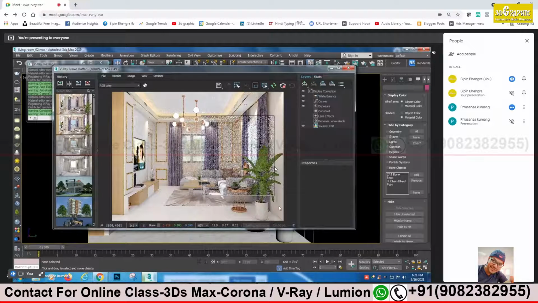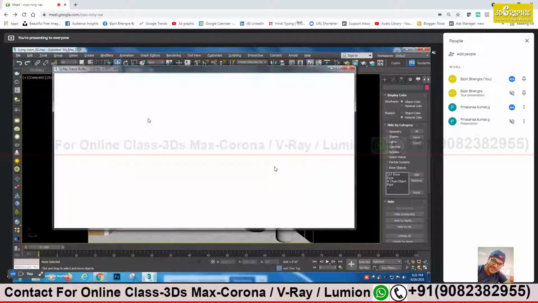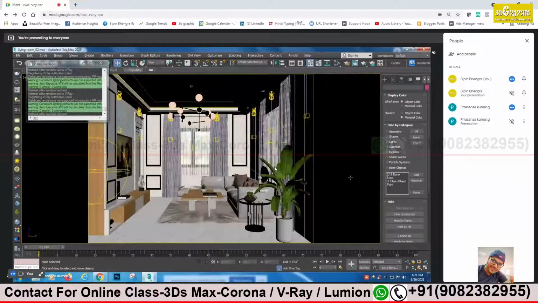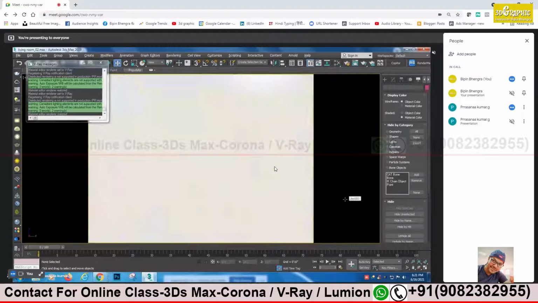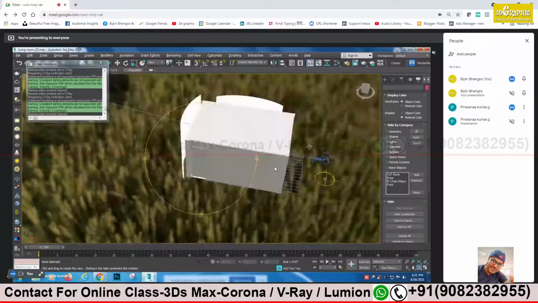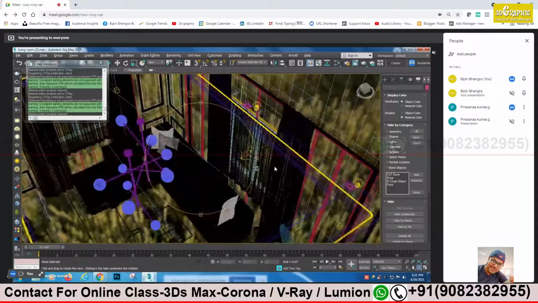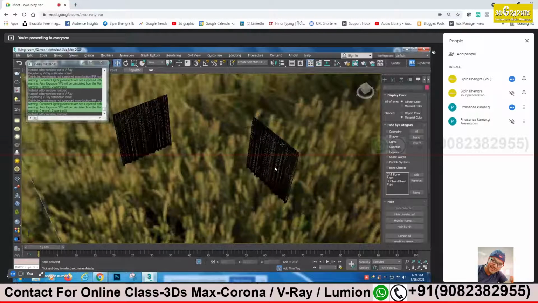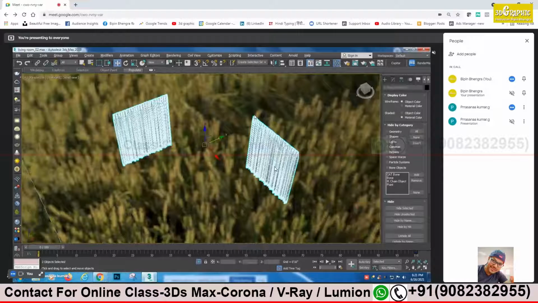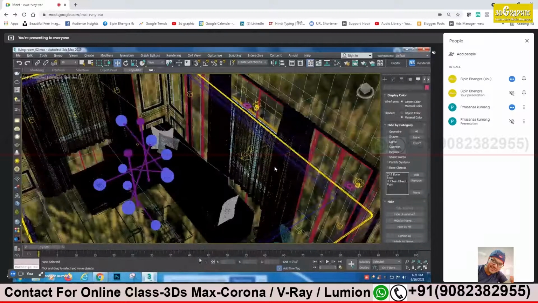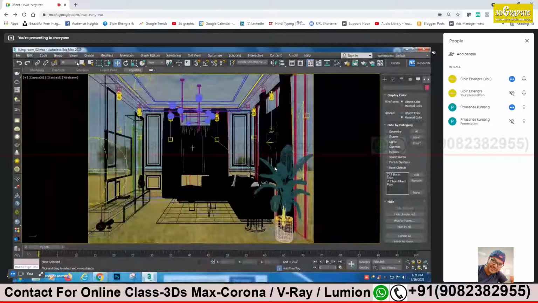Just check whether the same material is applied or a different material for the second window curtain. Yes, nice. Coming proper now.